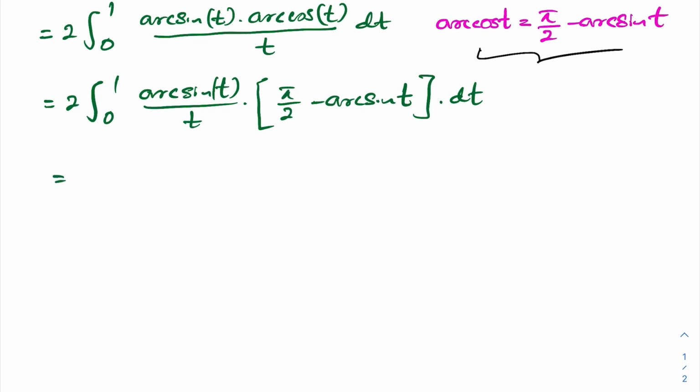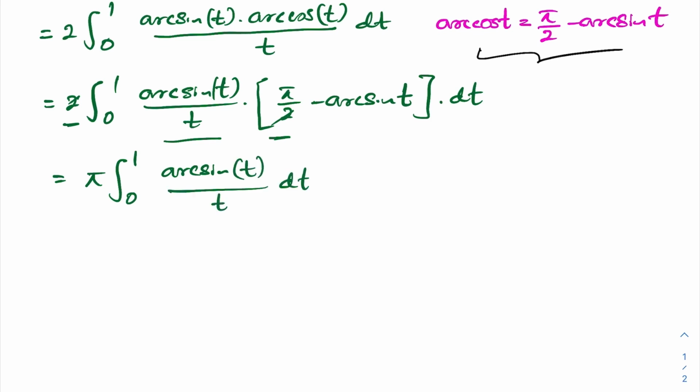So here we have 2 times arcsine of t over t times pi over 2. This pi over 2 gets cancelled with the 2, and pi is a constant, so pi times integral from 0 to 1 of arcsine of t over t dt, then minus 2 times integral from 0 to 1